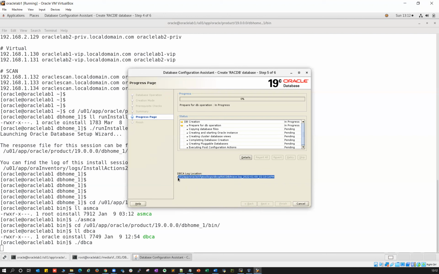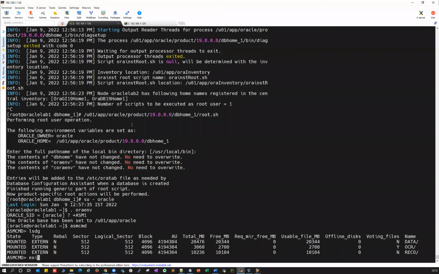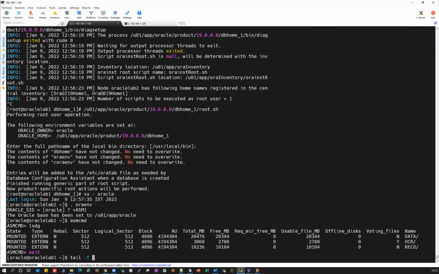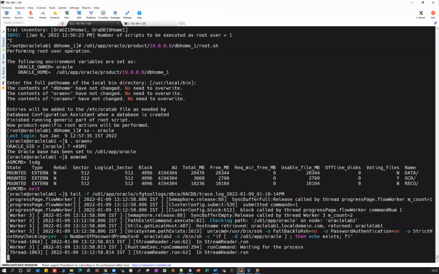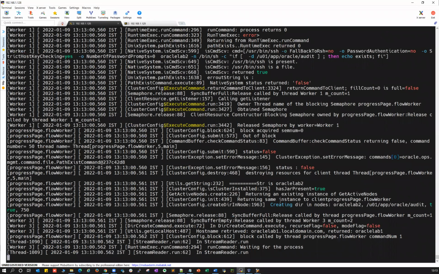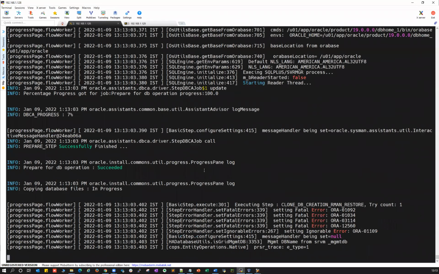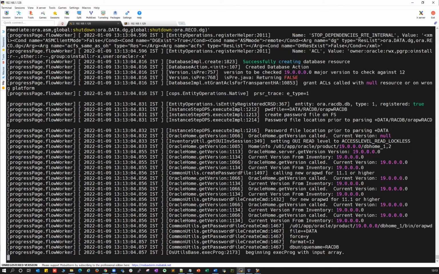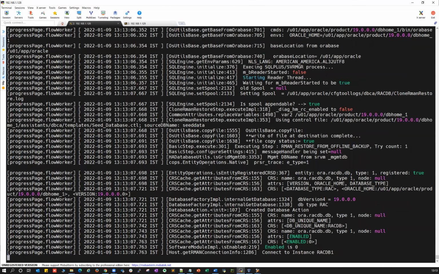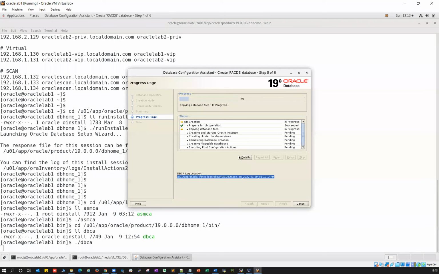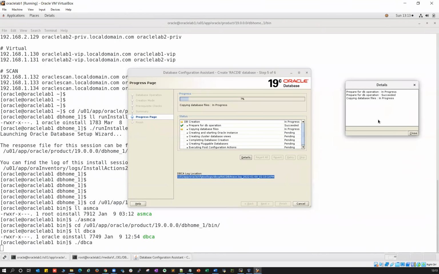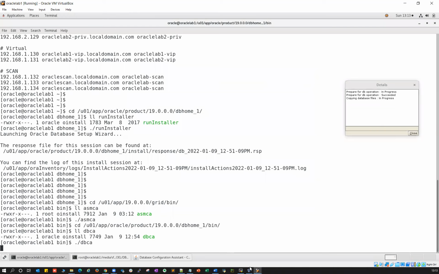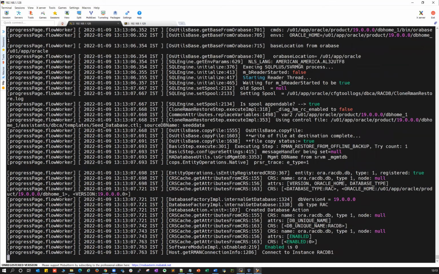So this is your log file. You can tail that one here with tail -f. Always, as I always used to say, whenever you do any installation or setup, always tail your log file so that you can see at least what's going on at the back end, rather than just watching it here. If you watch your alert log or the installation log, it will give you more information.